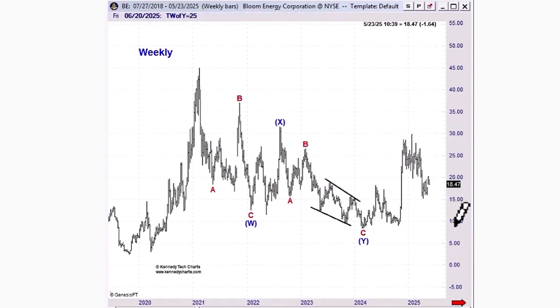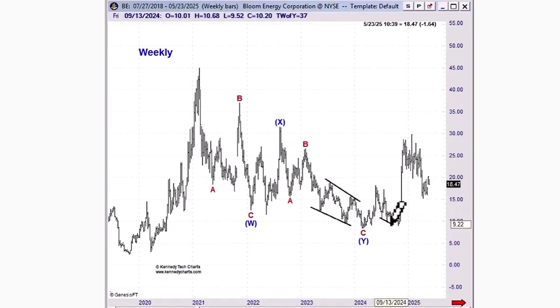And again, notice I haven't done the calculations yet, but you even have a smaller, what appears to be an ending diagonal here as far as the price action back in, say, third quarter of 2024. And again, notice the sharp resolution, the big pop to the upside. Okay, that's exactly how an ending diagonal terminates. But in this instance, I was just showing you again the versatility